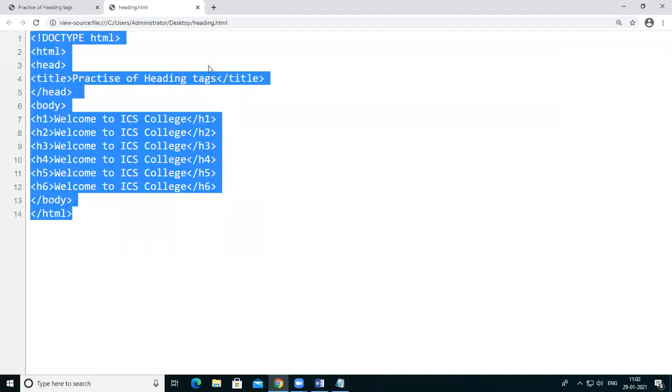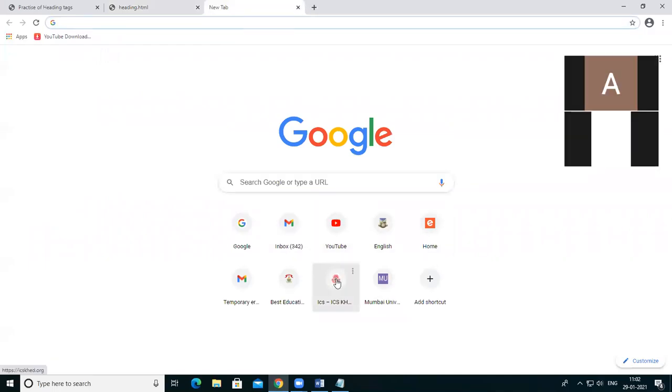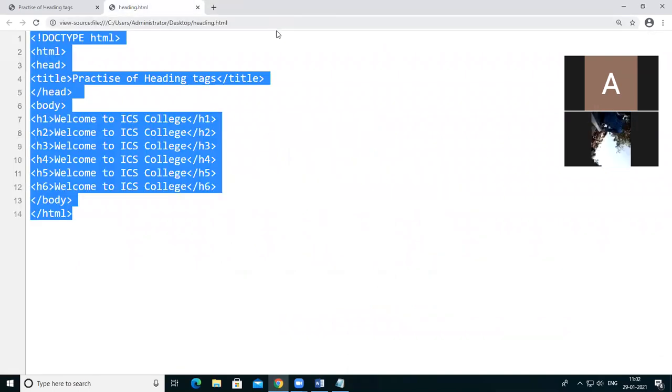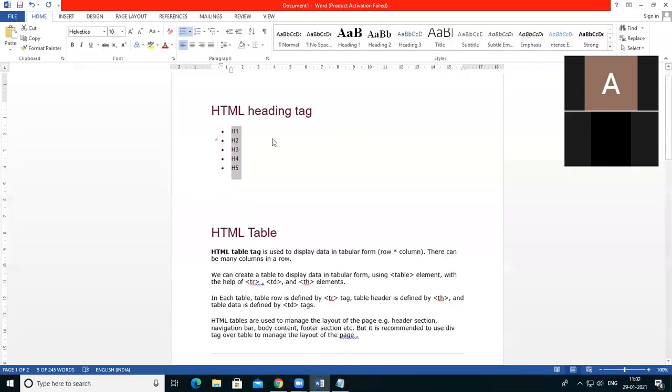See here, just like when I'm opening any of the particular websites and right-click and see the view page source, then that page source is like this. Okay. So in this, even if we take the source code of this web page, the same type of code we wrote in our program will appear. Okay. So the heading tag gives the heading to the particular web pages.